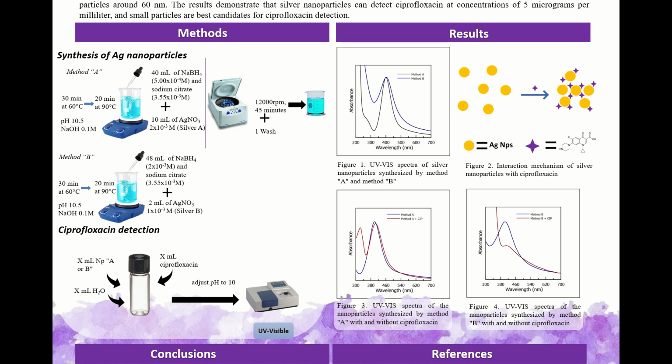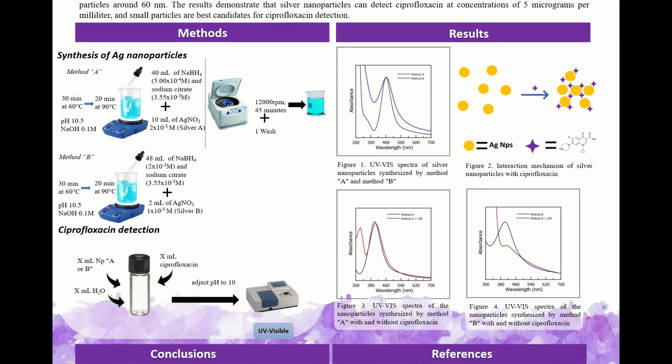the red color spectrum represents the interaction of silver nanoparticles synthesized with Method A and ciprofloxacin. The change in the spectrum is very slight, presenting a decline in the intensity of the nanoparticle band that is located at 400 nanometers, and a slight shift